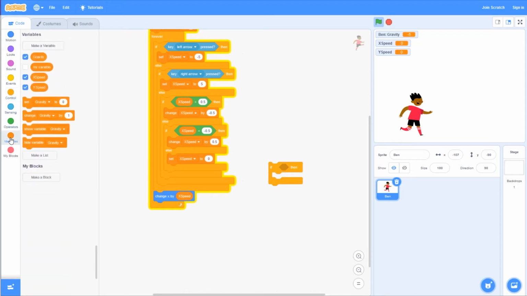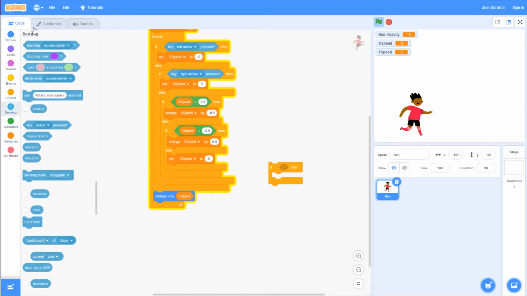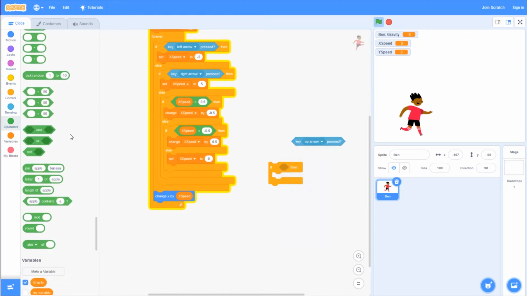So if the up arrow is pressed, and he has to be on the ground as well. But we don't have a ground yet, so maybe we will defer this till a little bit later and create